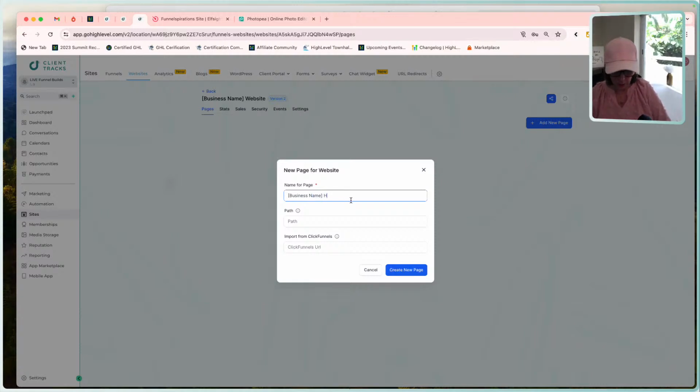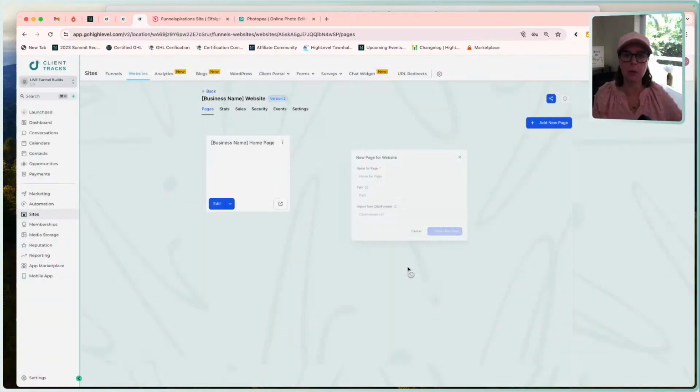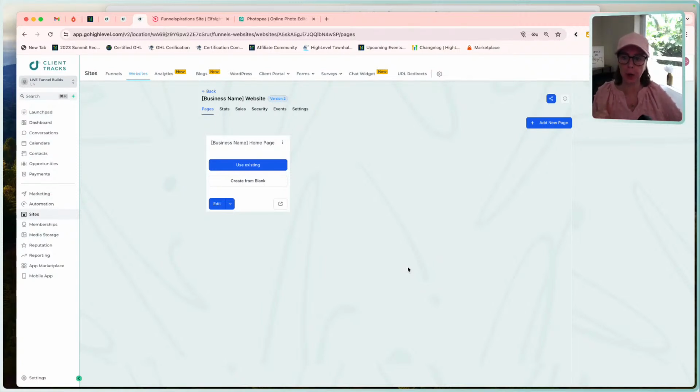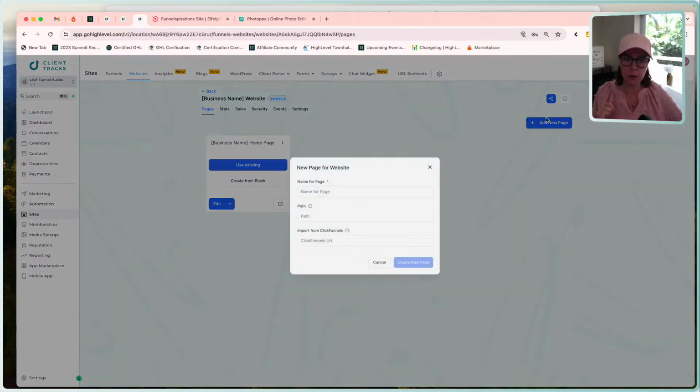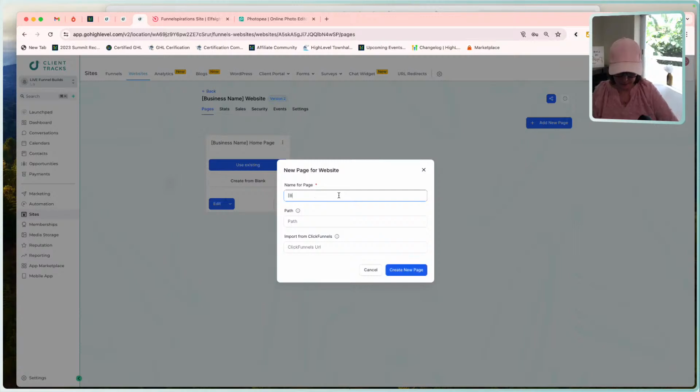And this is going to be our homepage. So you get to choose, and the path I'm going to choose as home. Now, when we do the domains, I'm going to show you about all of the domain options, but I like home. This can be changed, so no problem there. If I don't add home, the system will add something. So again, changeable, no problem. So I know I've got a business homepage, and I'm going to create it from blank, but I'm going to add my next page. So I know that I'm also going to have a business name,